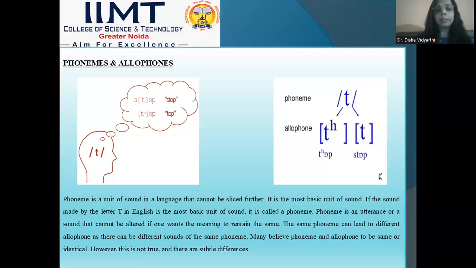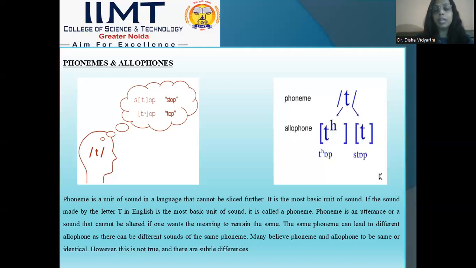In the same way, what are allophones? They are just the variation of that sound. It doesn't change the meaning. It may change the spelling or the manner of articulation. And these variations of the phonemes, which we call allophones, depend on the language background. You may belong to a different country, a different culture, or identity, where you use the sounds in a different manner.